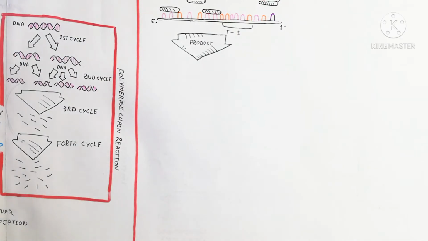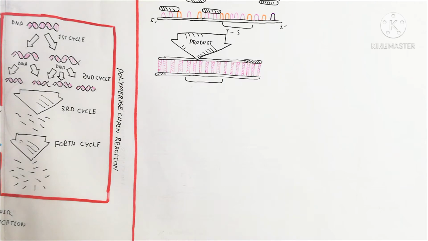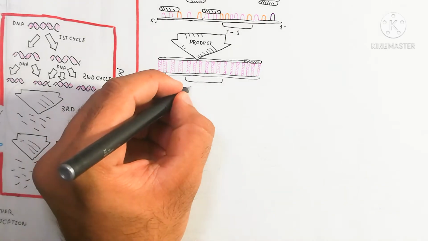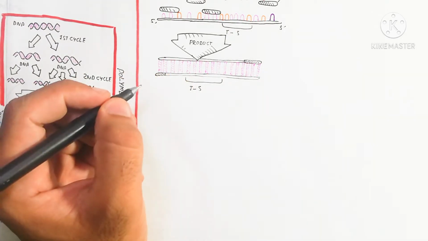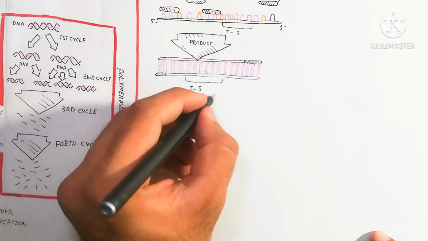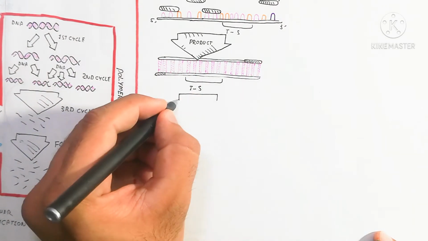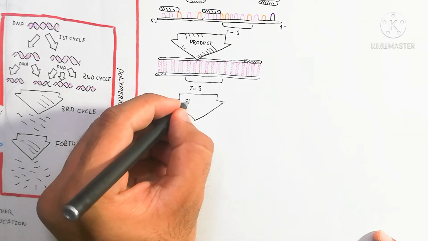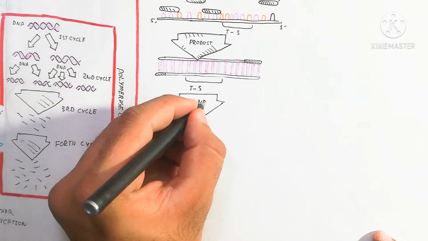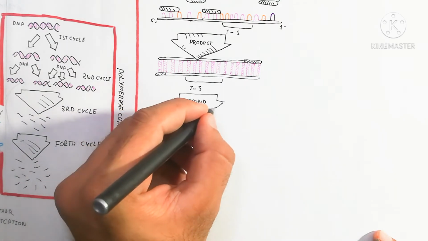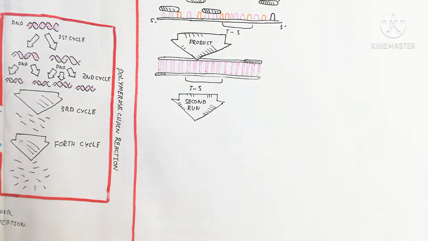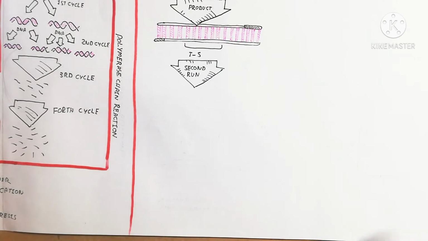So this product is not too useful as compared to the next product we will discuss. So here the desired sequence is in the middle of this DNA segment. So we are getting the desired segment of the DNA. So the second run will ultimately be corrected by the second primer attachment. The second primer attaches near the target site or target sequence where we are achieving that desired segment of DNA. So that is the second run.